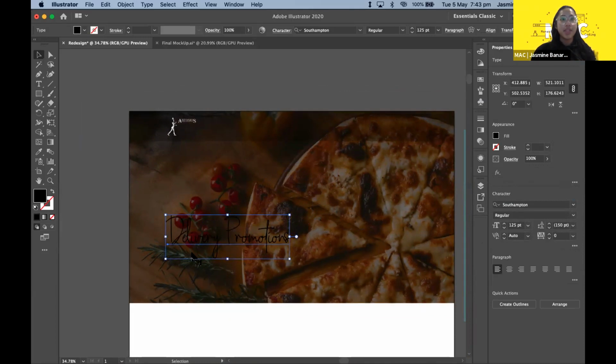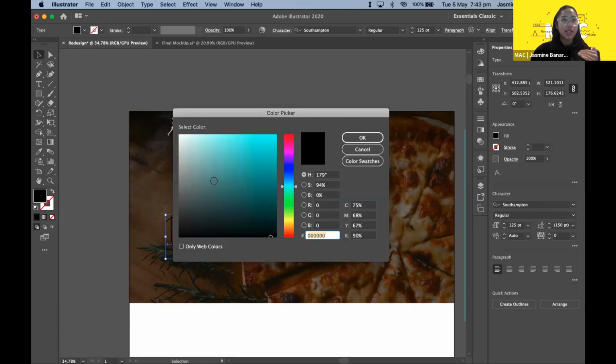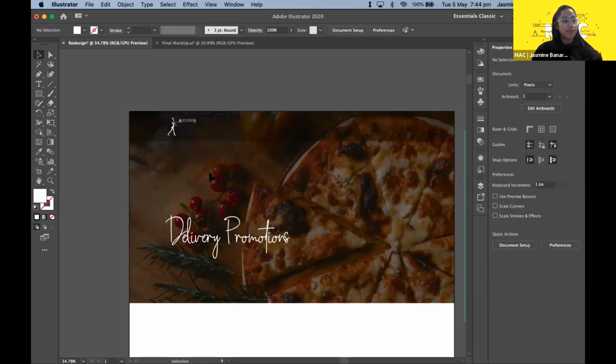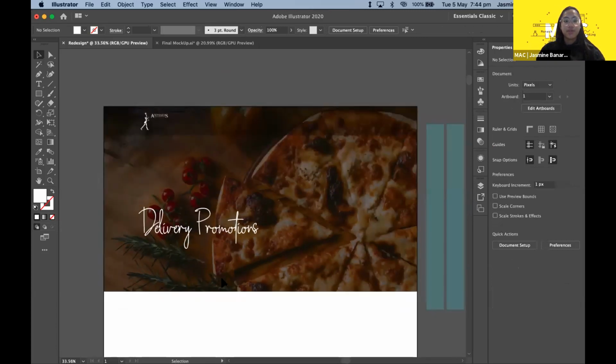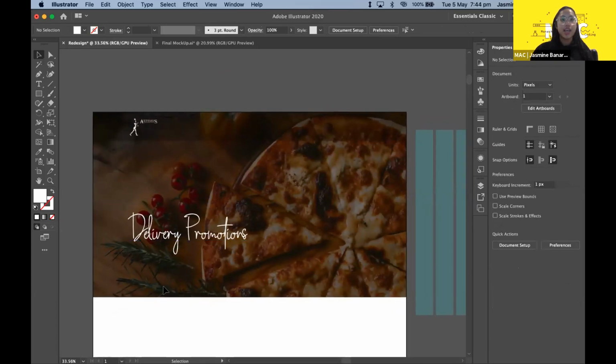So this is the same thing for our rectangles. You go onto your left-hand side, you will see that the fill is black. So just double click that and just click and drag until you get white, or just write down F, 6 Fs, and that's the hex code for white. Yeah. So now you should be able to see that this is now giving you a little bit of